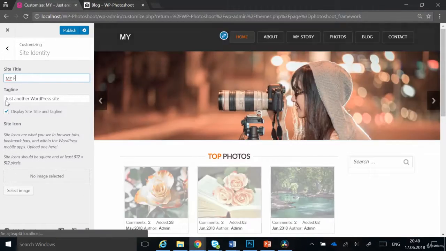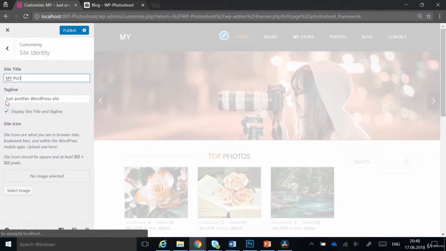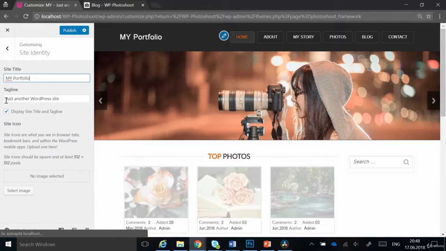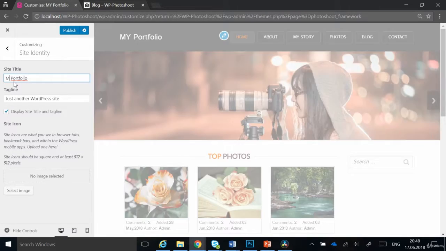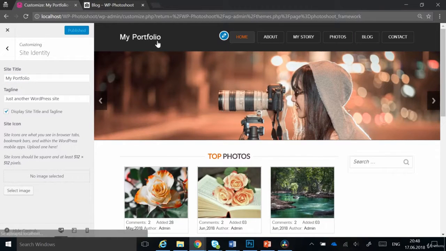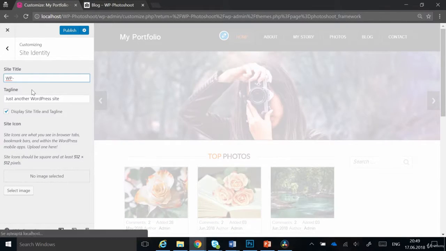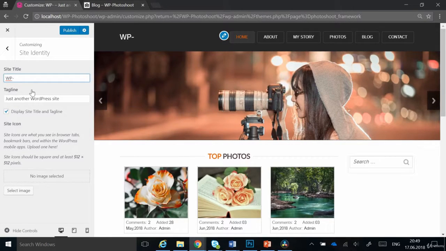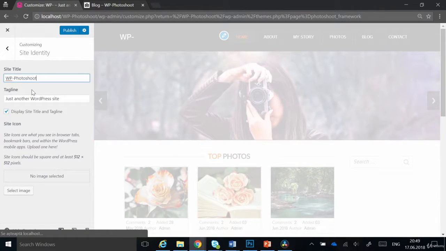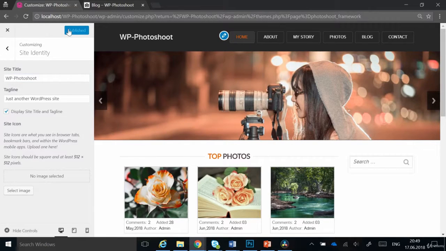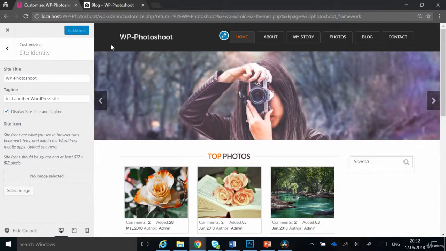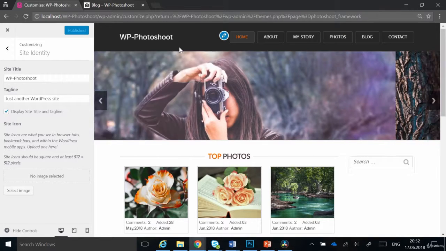Type in my portfolio. Publish, and instead of the old name, you have the new one, so you can change it from here anytime. I'm going to change it back. And this tagline, just another WordPress website, should have been displayed right under the website title, but there is a